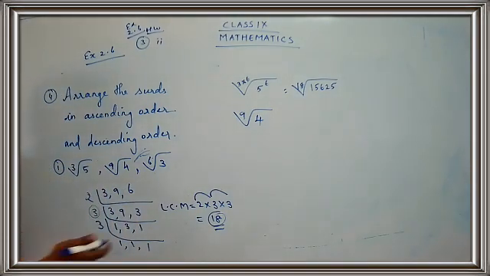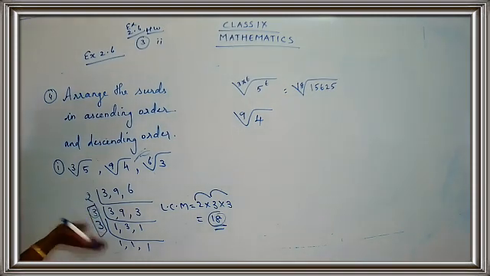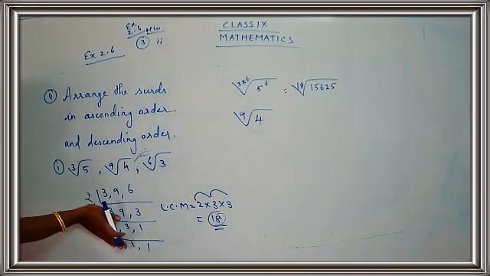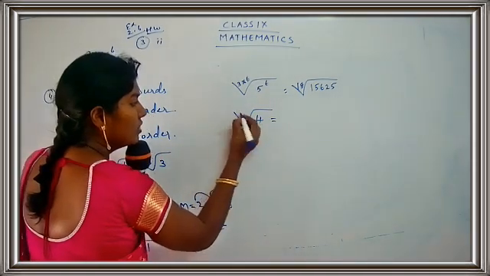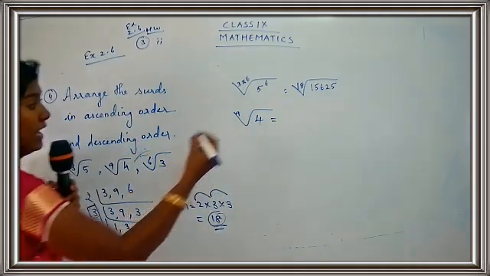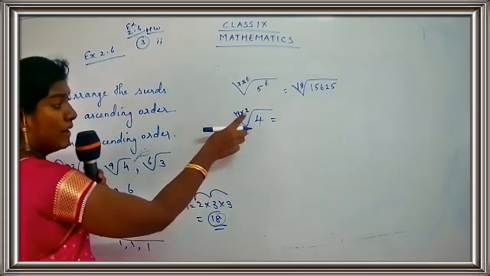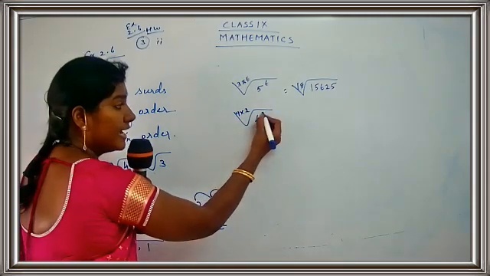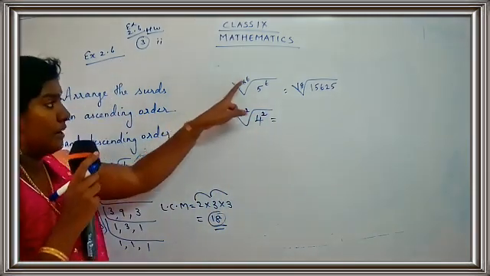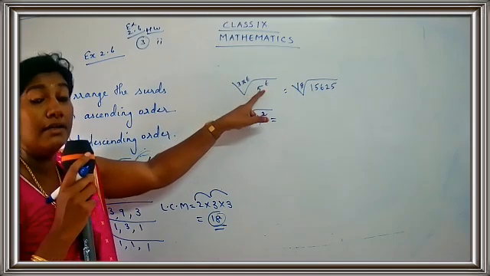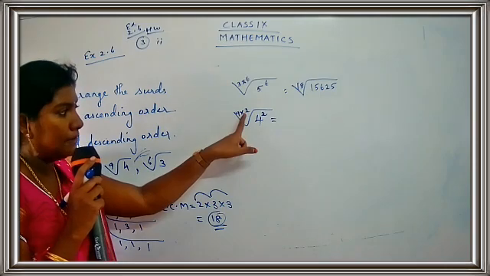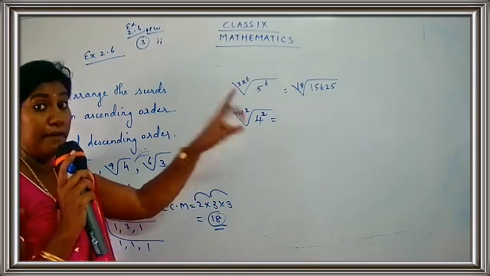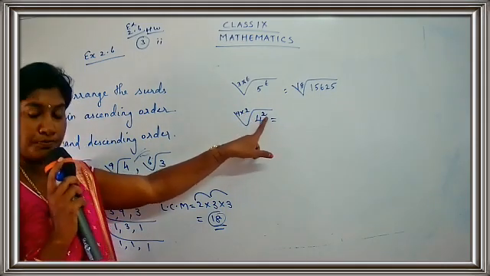And what is the LCM we have got here? It's 18. So 3 into 3 gives you 9. So just do not touch this. So what is left here? 2. So 9 into 2. Are you getting my point, children? So 9 is already present and you are going to multiply by 2. So when you multiply by 2, you have to take the power as 2. Whatever number you multiply by, you have to take as the power in the radicand part. So here it's 4. You have multiplied by 2, so you have to take the power as 2. Are you getting my point?